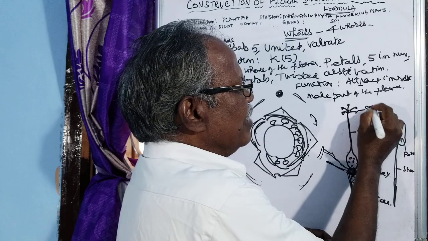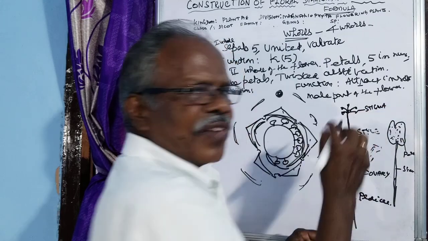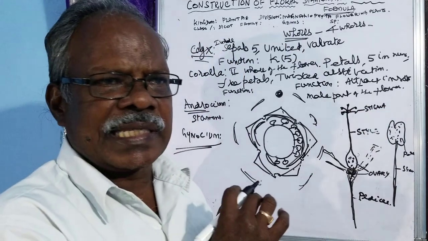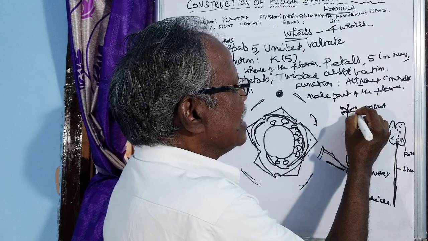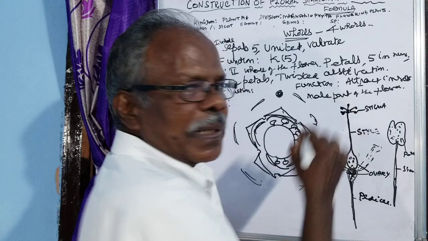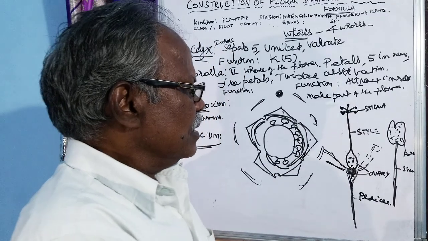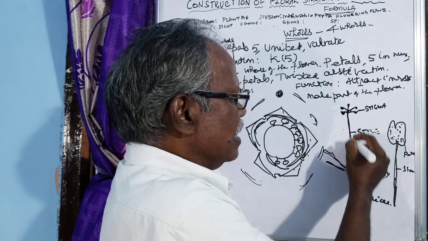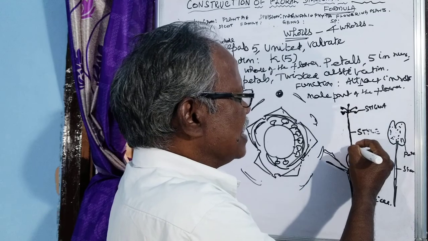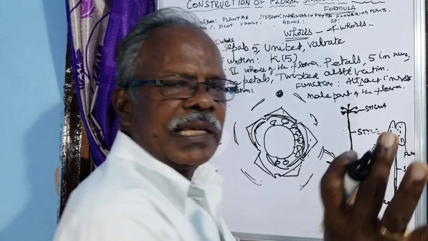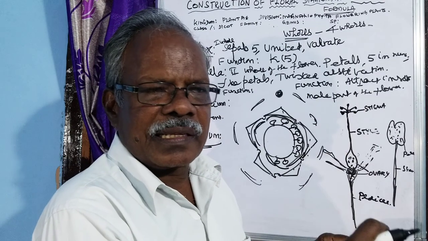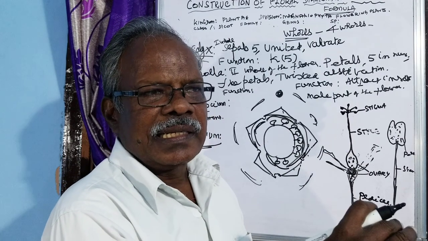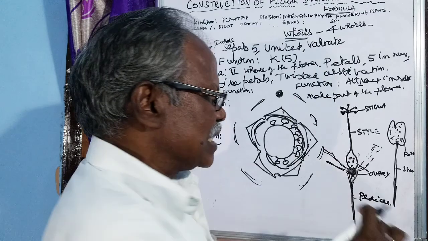Stigma is 5 in number, five branched in case of Malvaceae, and the stigma has a velvety structure. It is pink in color. The style is a tubular structure, and the ovary is the swollen structure which is pentacarpellary, that is, carpels will be there inside. The placentation is axial placentation.